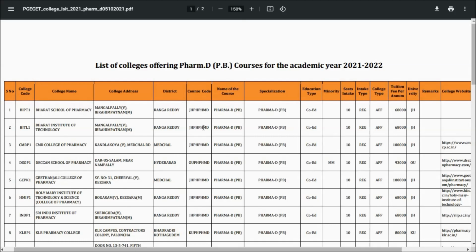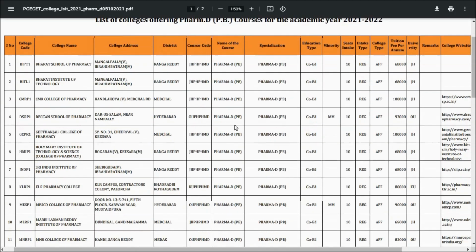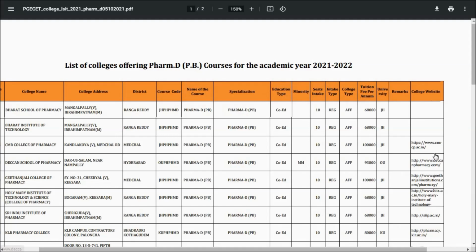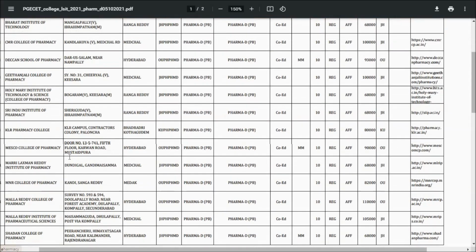You can see here the course code, name of the course PharmD post baccalaureate, and specialization PharmD post baccalaureate, education type co-ed, seats intake 10, intake type regular, college type affiliated, tuition fee 68,000 per annum, and university is JNTUH. Likewise, remarks and college website they have mentioned.